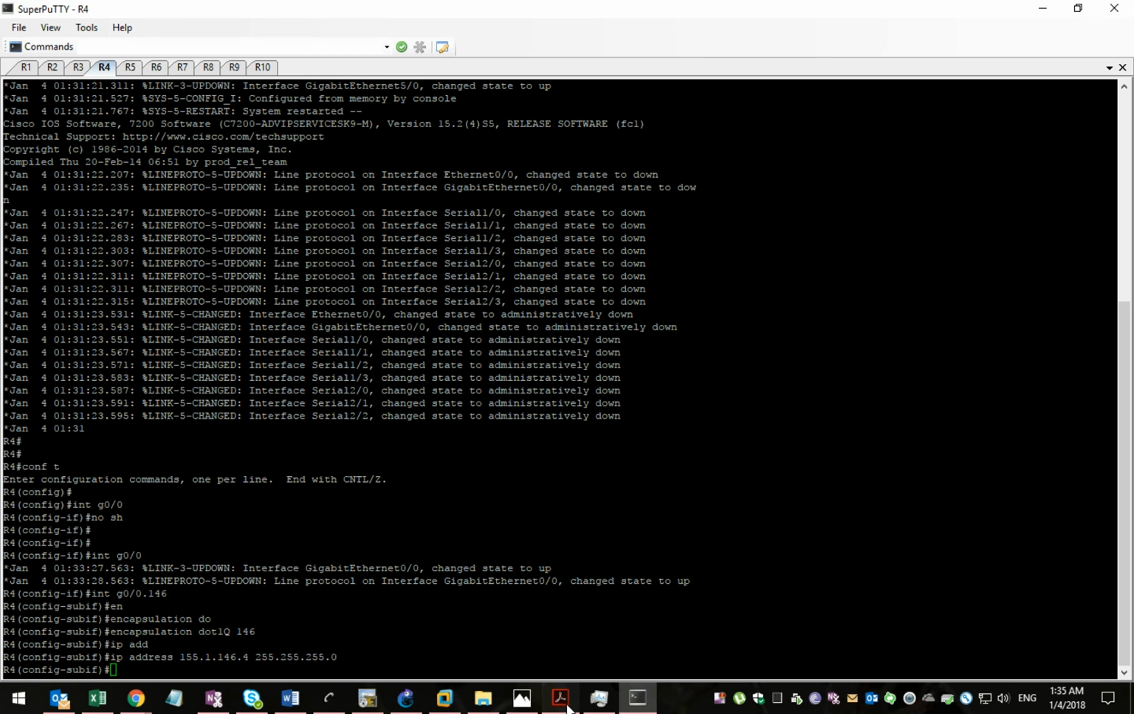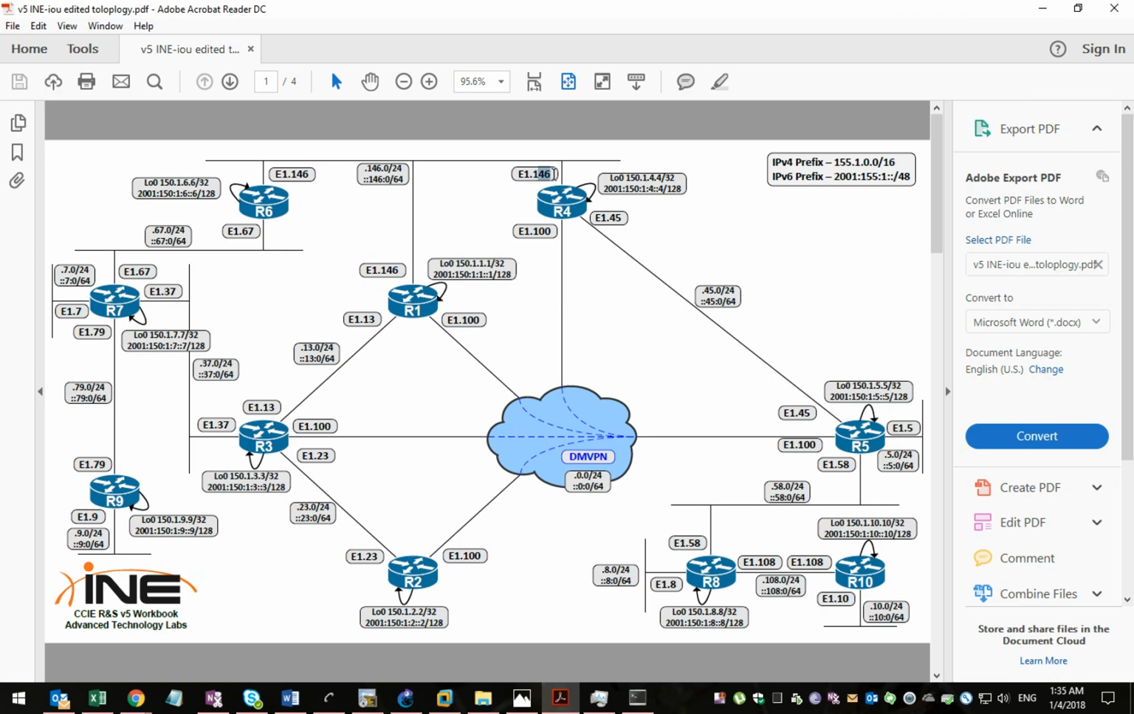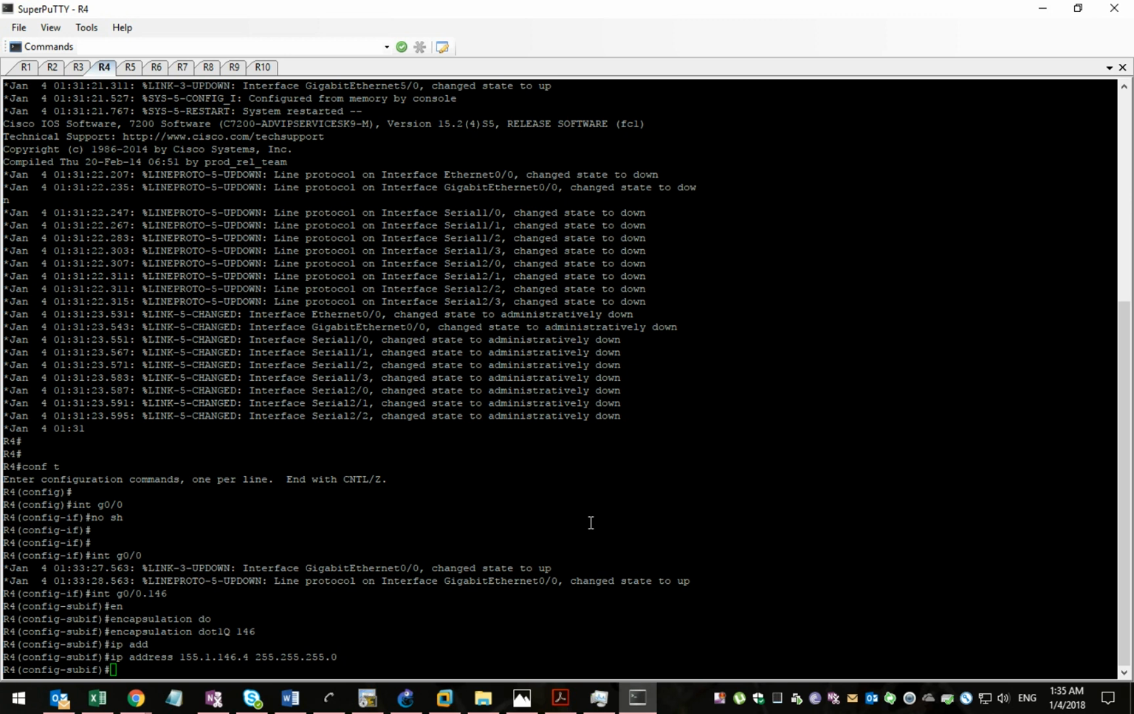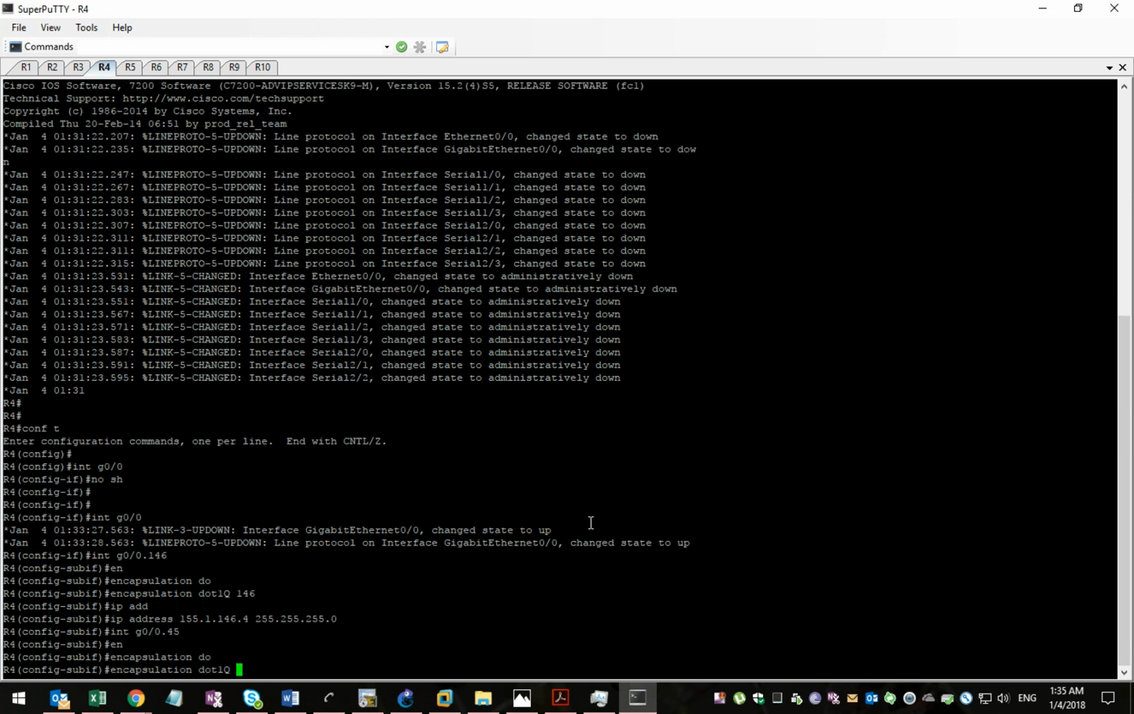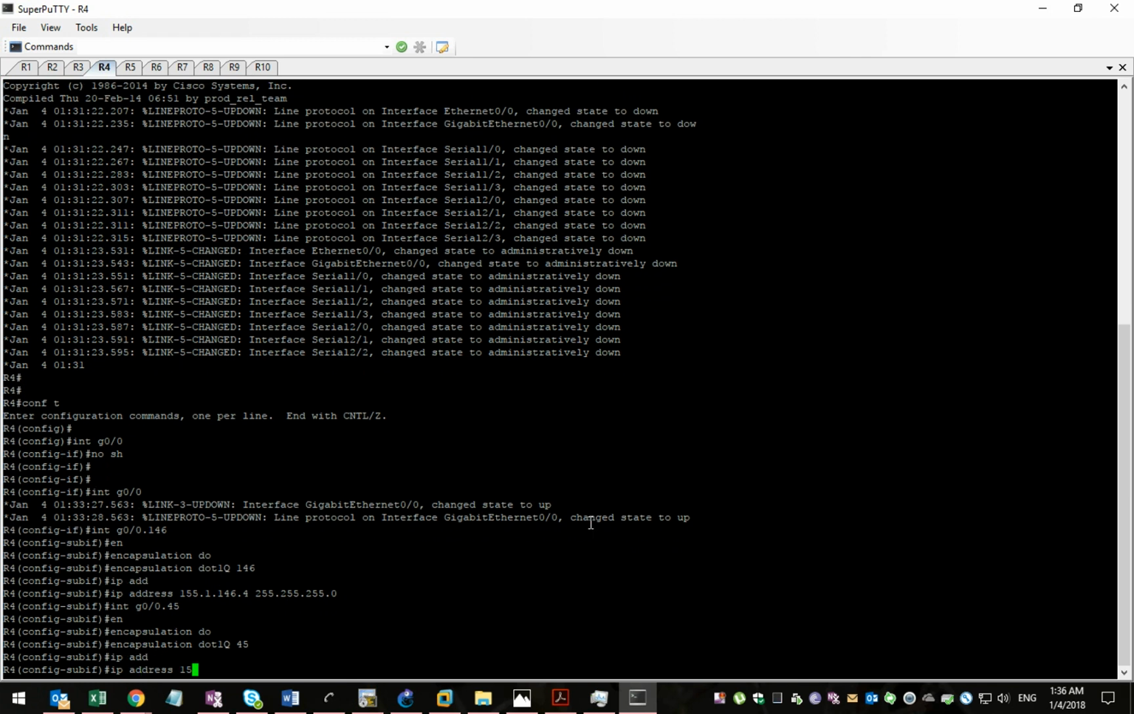You can see that this subinterface will be 146 with encapsulation VLAN 146, and the IP address will be 155.1.146.4, the router number. Okay, so we finished this subinterface, so we need to go to the next one. It will be 45 between router 5 and router 4. So we'll configure interface giga 0/0.45 encapsulation dot1q 45 with IP address 155.1.45.4 with the class C